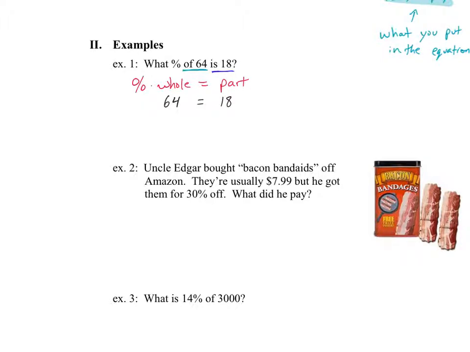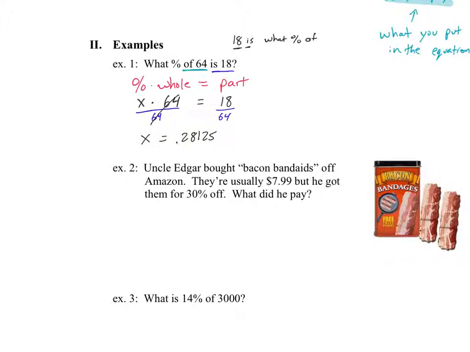I should comment, sometimes it'll say 18 is what percent of. So it's not always is and then the blank. Sometimes you'll have the number before the is. But all right, then we have our percent here. That's what we're trying to find. We need to get the x by itself. So we look at what was done to x. X was multiplied by 64. We need to undo multiplying by 64. So the inverse of that would be division. And that'll cancel out my 64 over here. X equals, punch into a calculator, you get